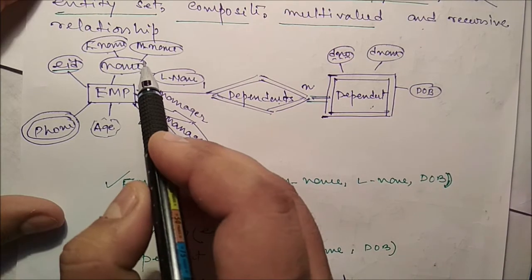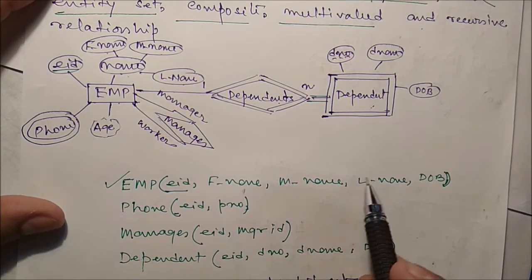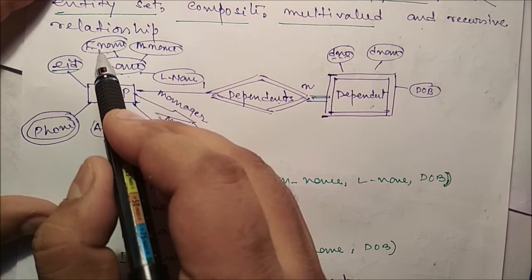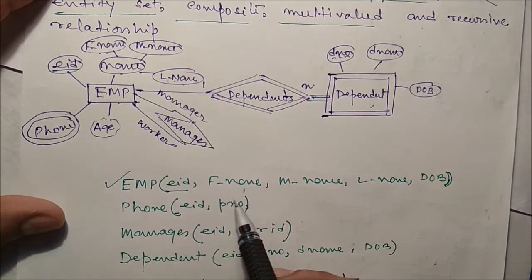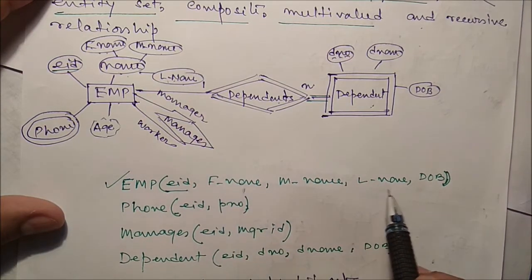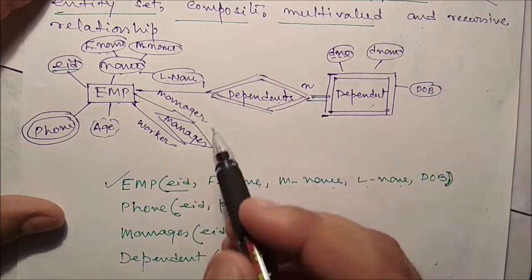Okay, now here name is a composite attribute. In the table we should not put the name. Here we should put these three attributes, say first name, middle name and last name. You can see here there is no name attribute. Here we have to put first name, middle name and the last name. Are you getting this one?